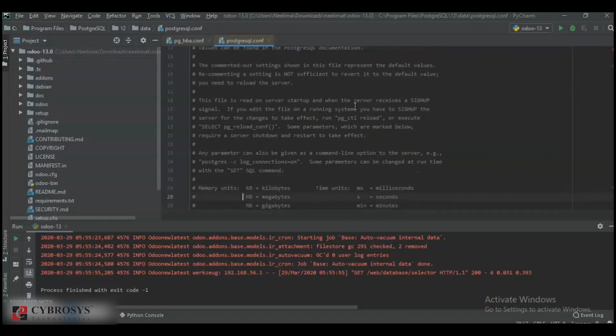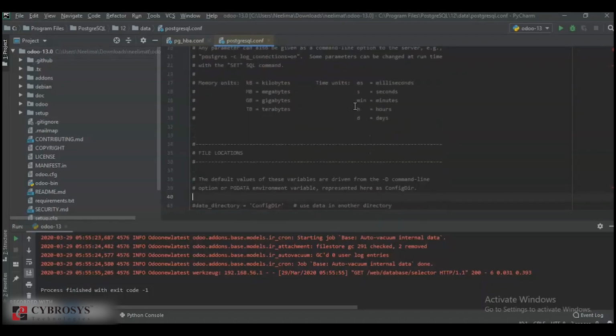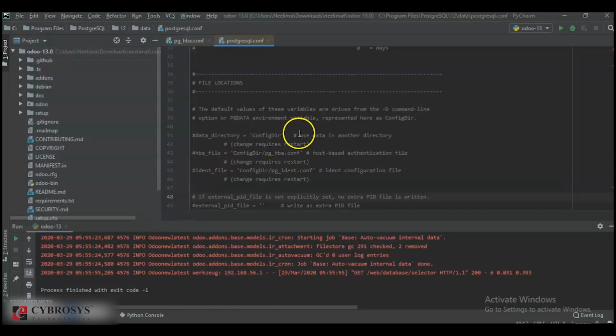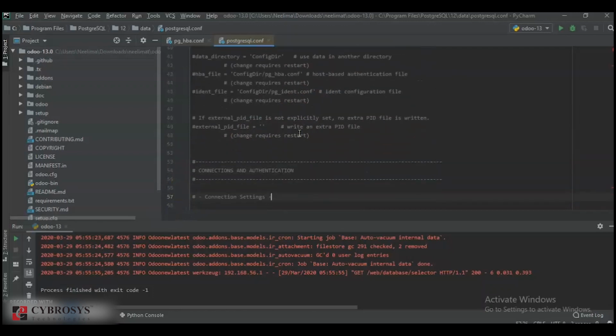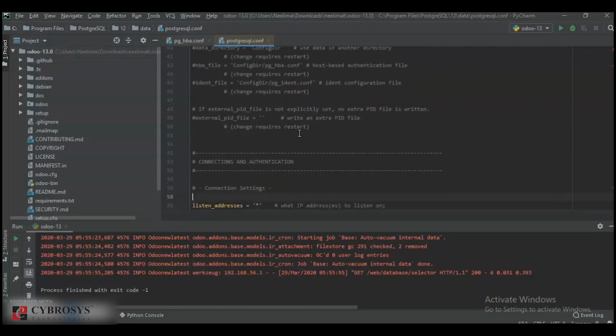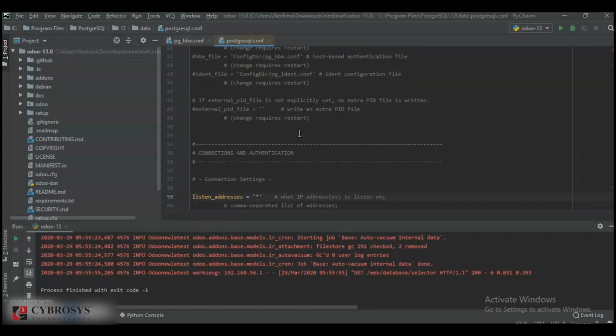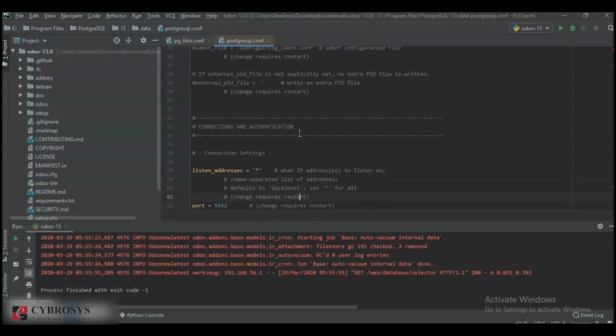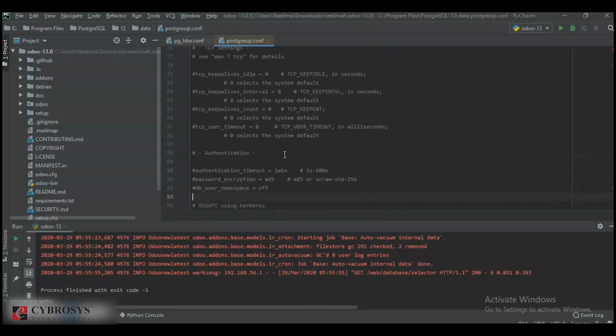So we have that configuration file where we have the file locations. This is what we have discussed about the connections and authentication, that is important, where we can have the connection settings. Here we can add the connection settings, and this is the security and authentication part.